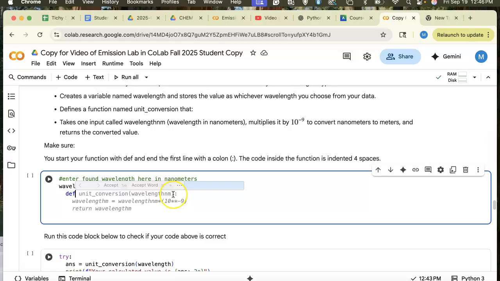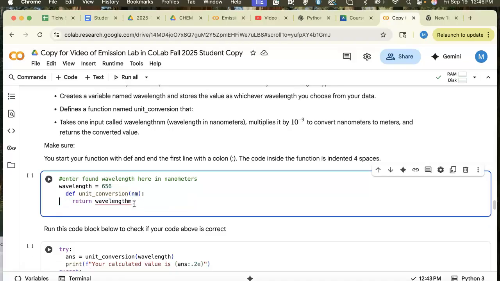And we have the wavelength in parentheses. You can push tab if you want to accept that line of code, but I would modify this because what I want to do is define my function as unit conversion in nanometers, and then spit out that value, but in meters. So really all I want to do is return